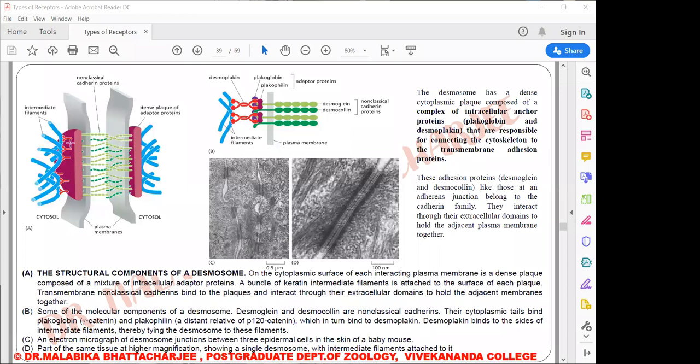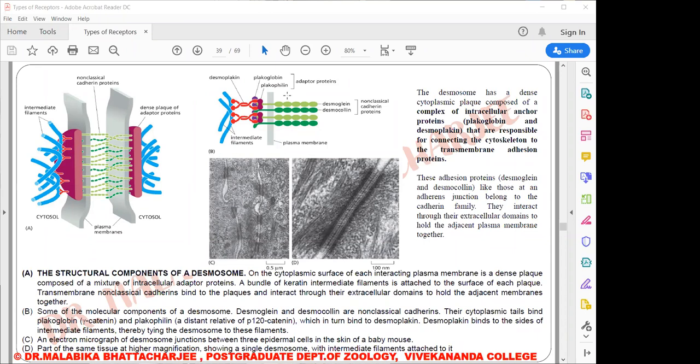This is the oxblood color plaque, and then you can see the gray color is the two membranes opposed with each other. This is the small extracellular gap, as I was saying, of 30 nanometer, and you can see into this gap from the two adjacent desmosomes some filaments have moved into. So these are known as non-classical adherent proteins. And these non-classical adherent proteins are of two shades. One is the lighter shade and one is a darker green shade. The lighter shade is known as desmoglein and the darker shade is known as desmocollin.